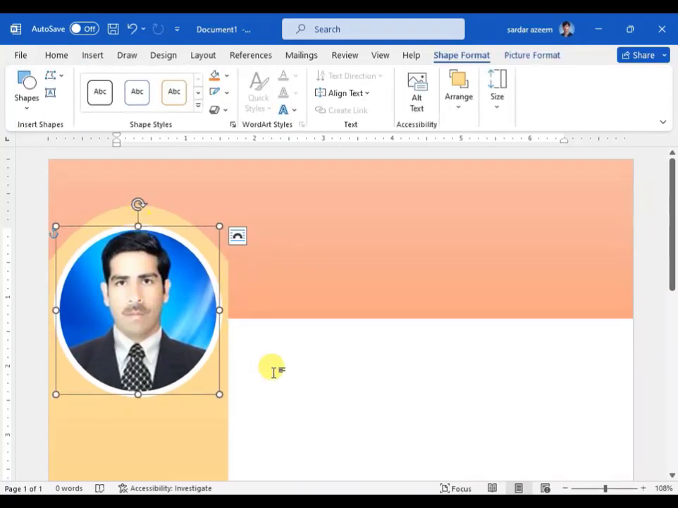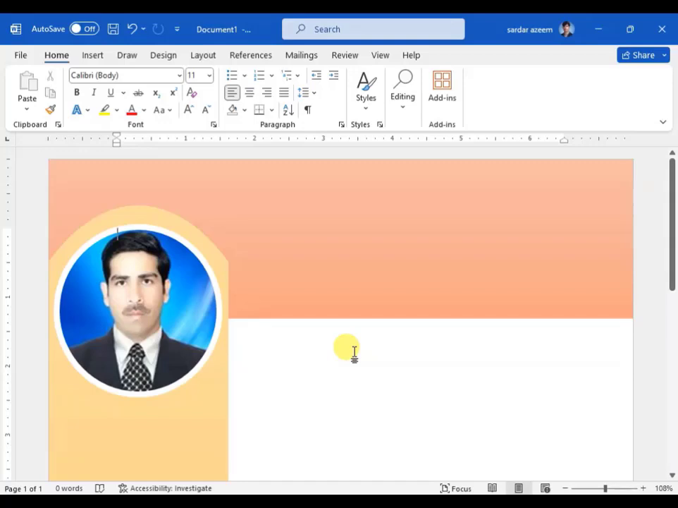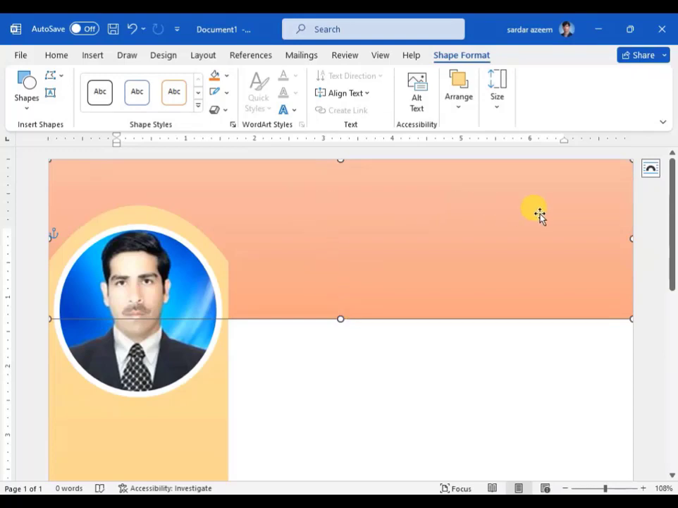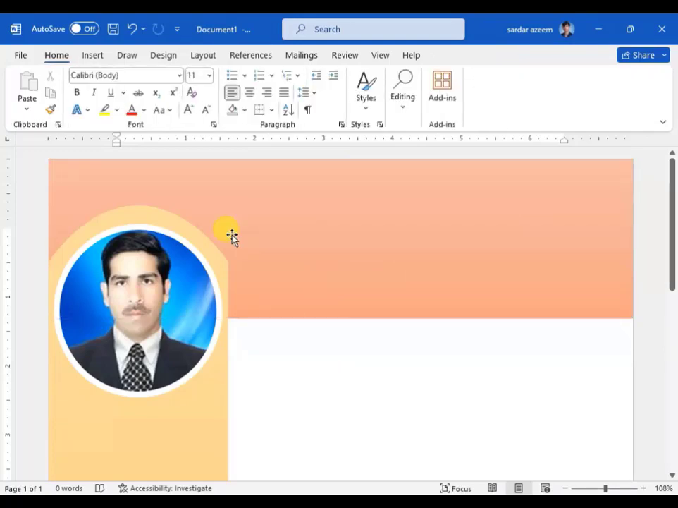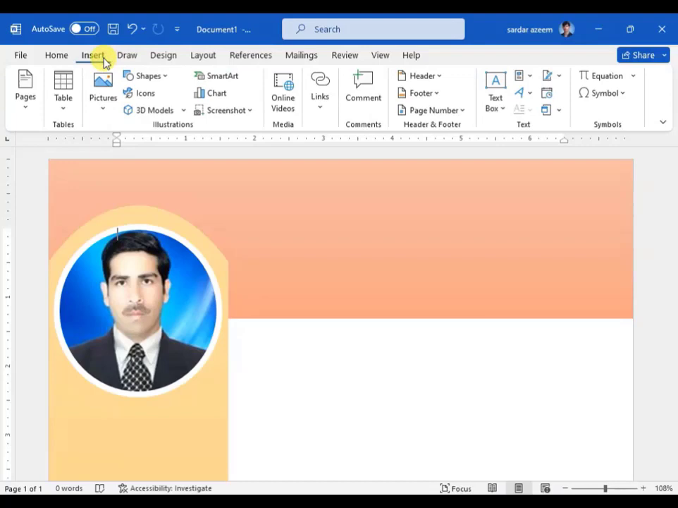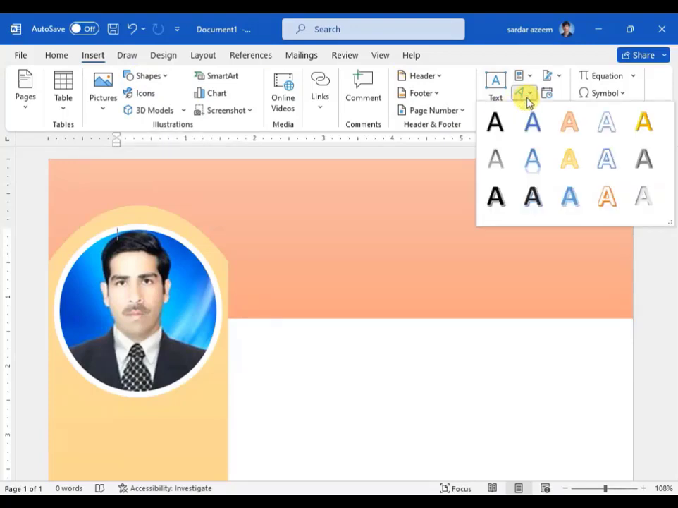That's how I added a picture over here. Now I want some text over the top here. For that purpose, we can use which command? We can use this command. And in the insert menu, we can go to auto text option and we can choose any text style that